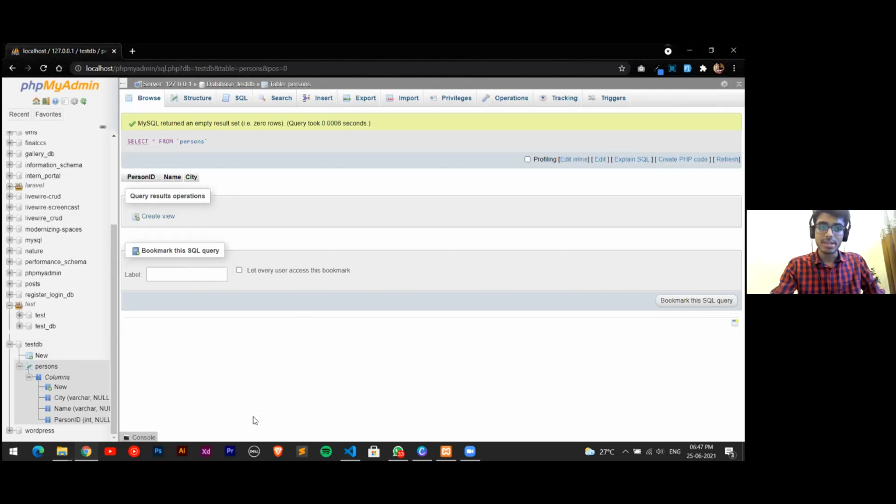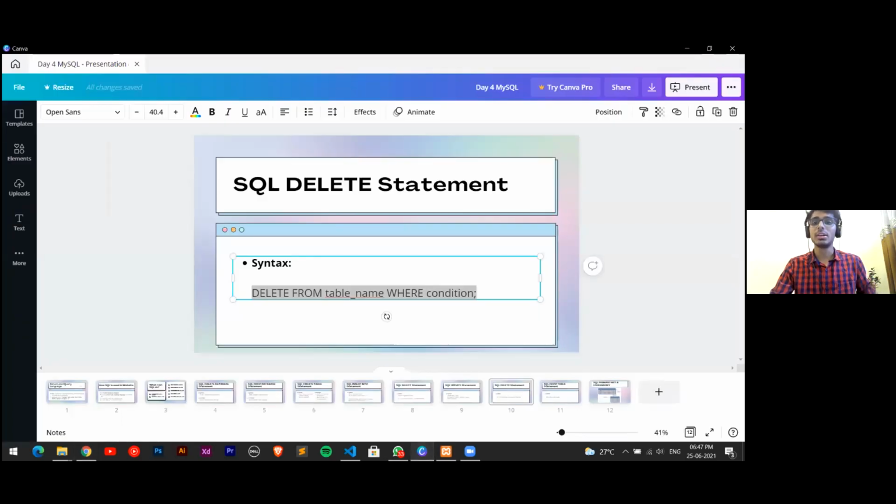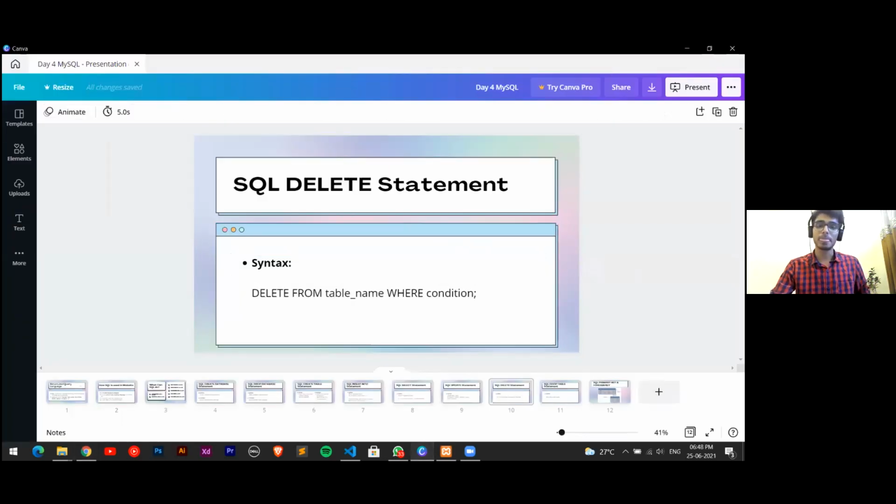So have you understood whatever queries we have performed until now? I'll provide you with the PPTs so that you can run through these queries. These are very basic queries which we use. There are many SQL queries, but to give you a taste of databases and how we can manipulate them, we are using just these queries.